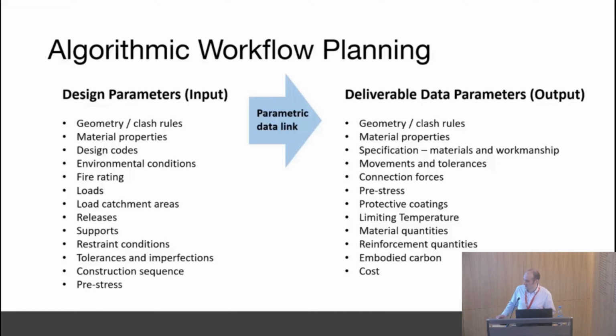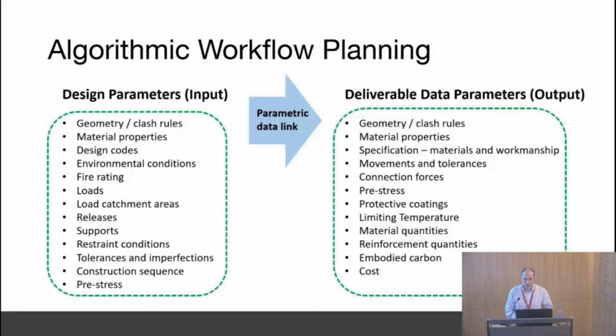So again, you're listing your typical input parameters for structural design, and then you're mapping what your output parameters are, what are the important things that we're trying to deliver, and then looking at how we can parametrically link that with data. So typically, that's what we link. We might establish a geometry and an analysis model and port it over to Revit, or vice versa. What we really need to be looking at is how we do that across the board on all this information.